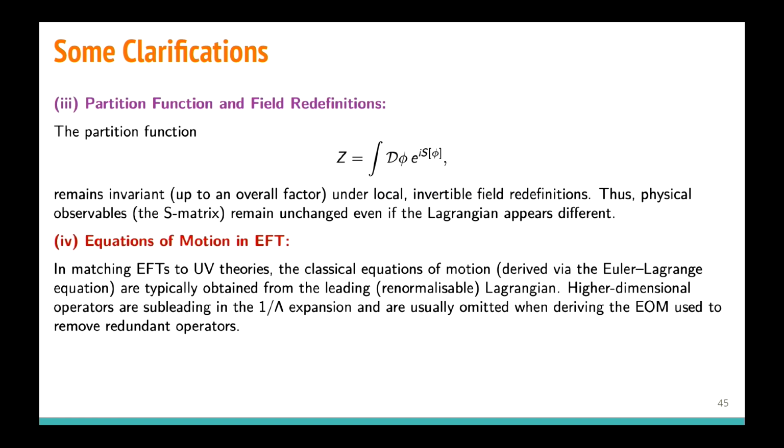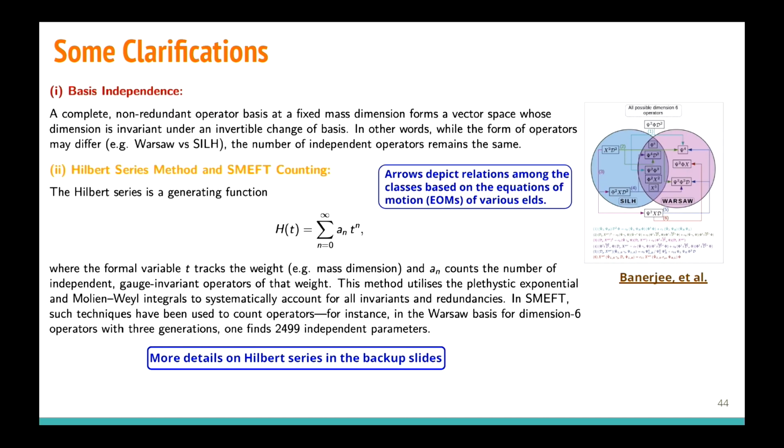Equations of motion come from the tree level, at dimension 4 only. That's another point that I was coming to in the next slide. And when you do integration by parts, it tells you that the theory is invariant under the change in the boundary conditions. Absolutely. So that gives another constraint. That gives another constraint. How are the Warsaw